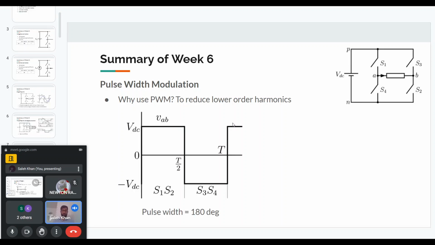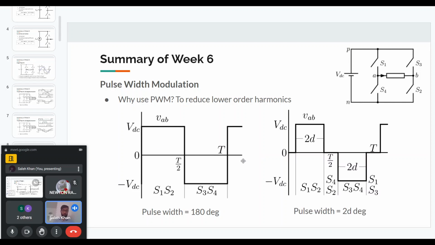We can start with the single phase inverter, and let's see with just one pulse. In the previous method that we saw, for half the cycle S1 and S2 are on, and then for the next half S3 and S4 are on. So we get the pulse width from 0 to T by 2. So 180 degrees is the pulse width. Now if we can